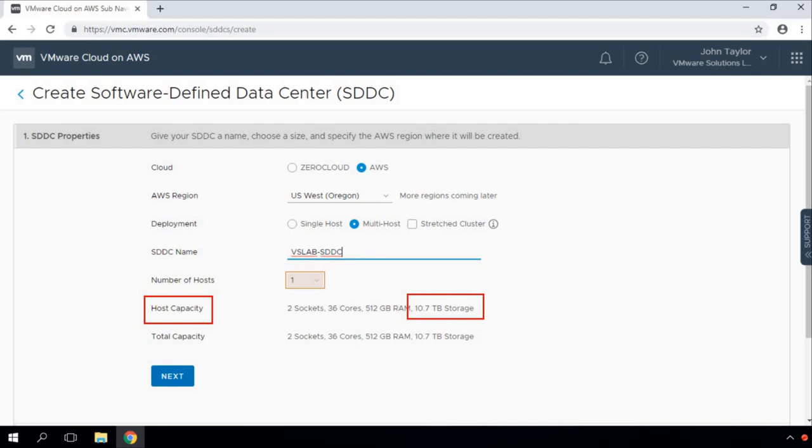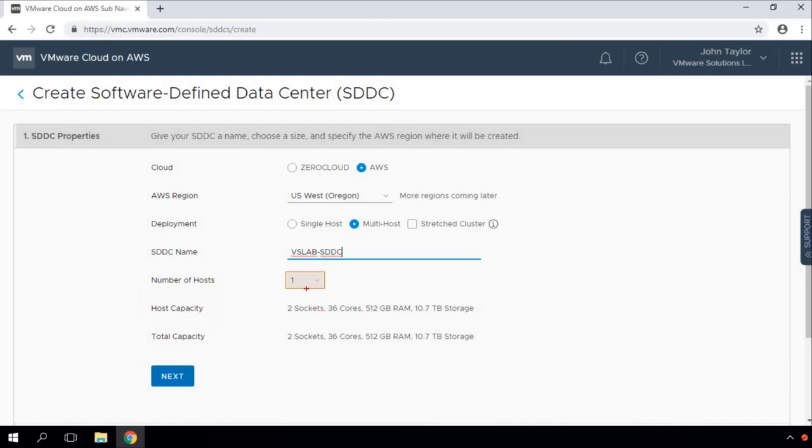Every single host would have it. So that's the CPU, memory and storage capacity of every host in our multi-host deployment. And from the networking perspective, AWS gives a 25 gigabit network adapter, or ENA, an elastic network adapter of 25 gig capacity.